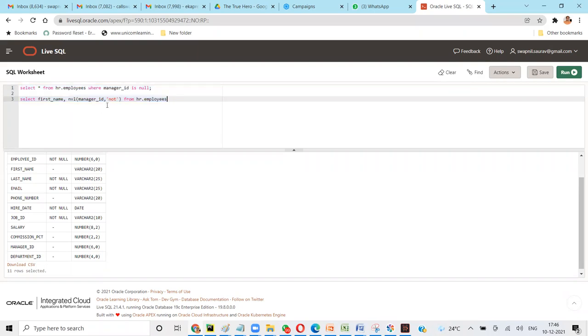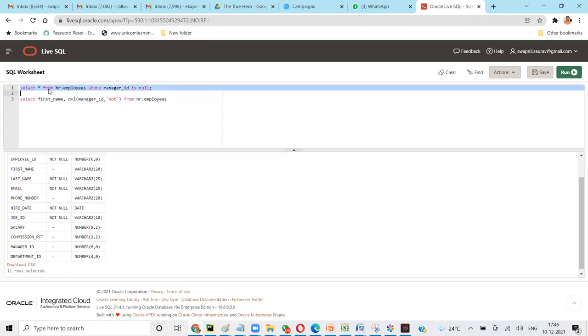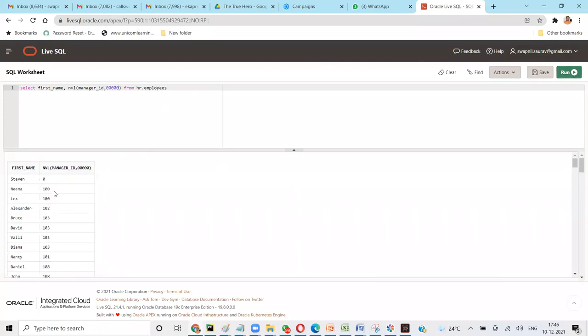Okay. So say NVL manager ID, and we cannot give a non-number here, right? The values in the column are numbers. So I'll say NVL 5 or NVL 000. Any number only you can do. See, it gave 0, it got added here.